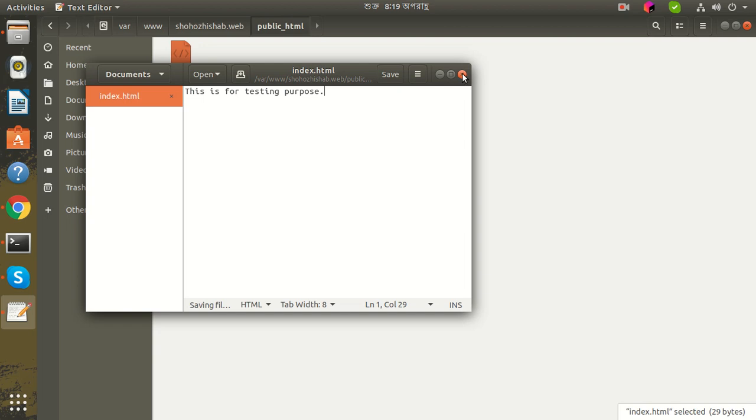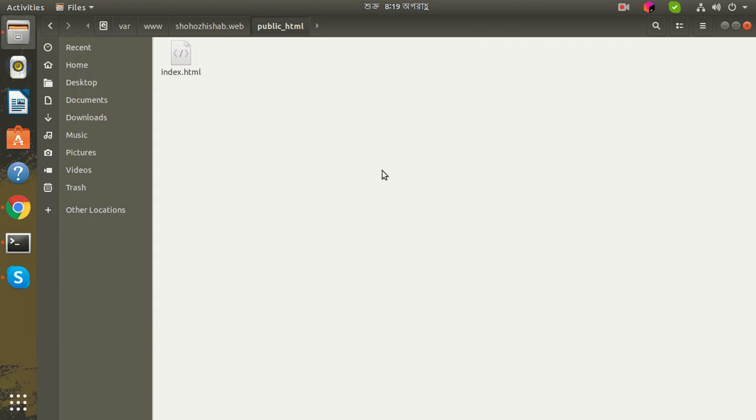So this index file will be opened the first time when the shohozhishab.web URL is requested. So my folder has been created already, the directory where all the files and folders of our project will exist. Now the second step that I need to do is create a virtual host file. So let's do that. The virtual host file actually exists in